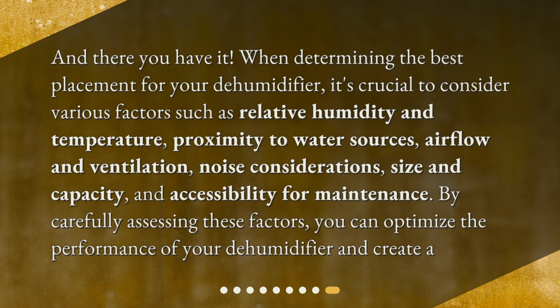And there you have it. When determining the best placement for your dehumidifier, it's crucial to consider various factors such as relative humidity and temperature, proximity to water sources, airflow and ventilation, noise considerations, size and capacity, and accessibility for maintenance. By carefully assessing these factors, you can optimize the performance of your dehumidifier and create a